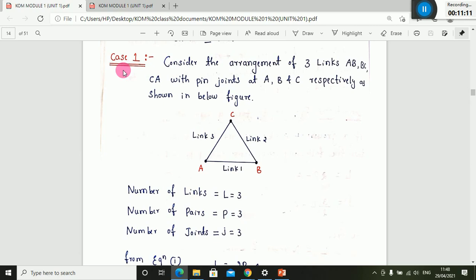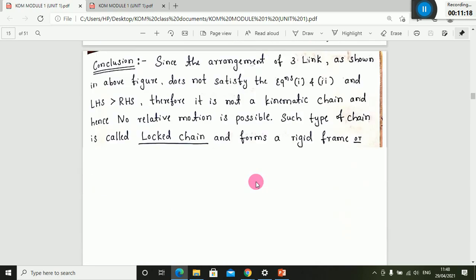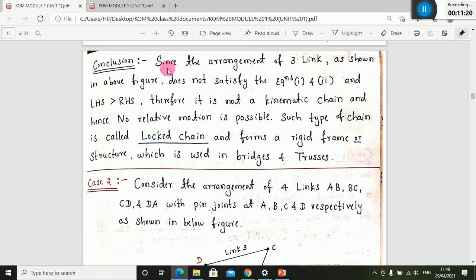Sir, please show me the conclusion, sir. Which one? Conclusion, sir. Okay, okay. Please write down this because you'll get practice. Otherwise, if you are simply listening to the lecture, you'll get bored. Write down this. I'll give sufficient time.